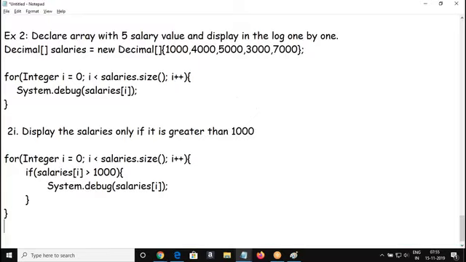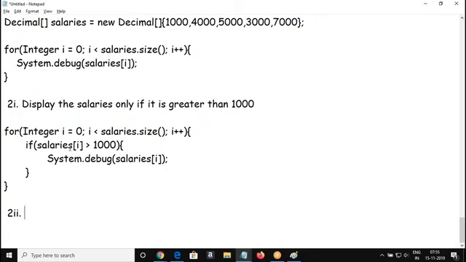You will get this. I have another requirement here. Sum up all the salaries, and store it in a variable.